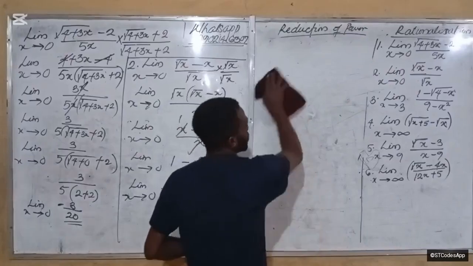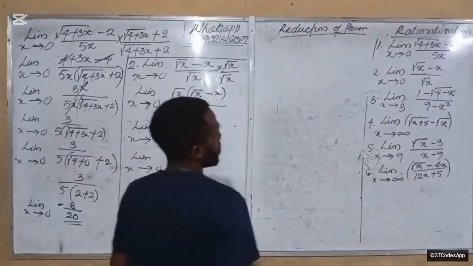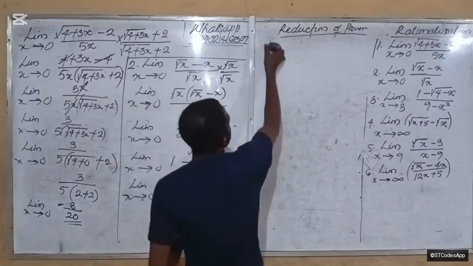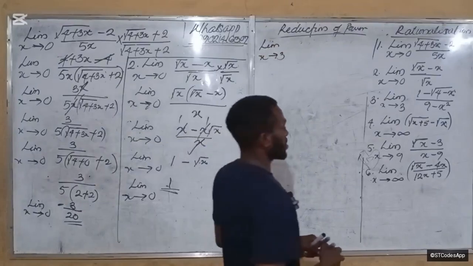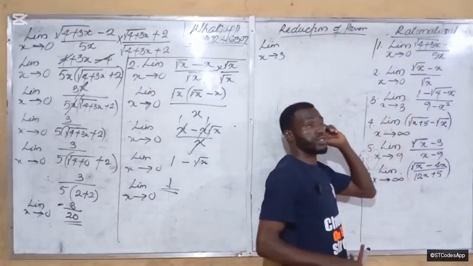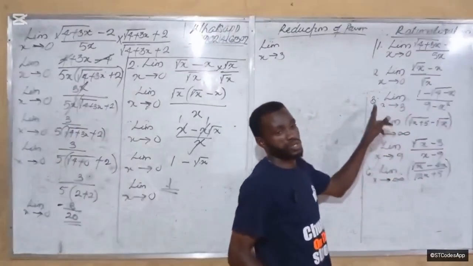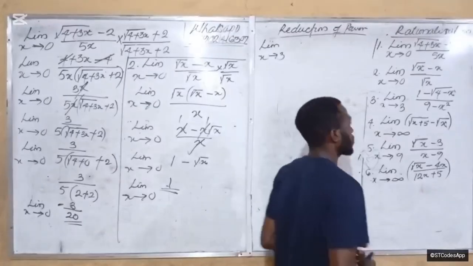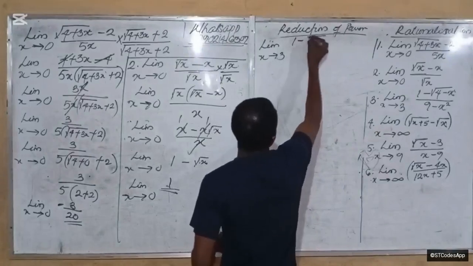Now the next one, I promise you will not be simple and short. But it's not hard either. So number 3 says the limit as x approaches 3. Whenever you are told to take the limit of an expression where x will tend to a whole number, I promise you it's usually easy. It's usually easy. So we have 1 minus,